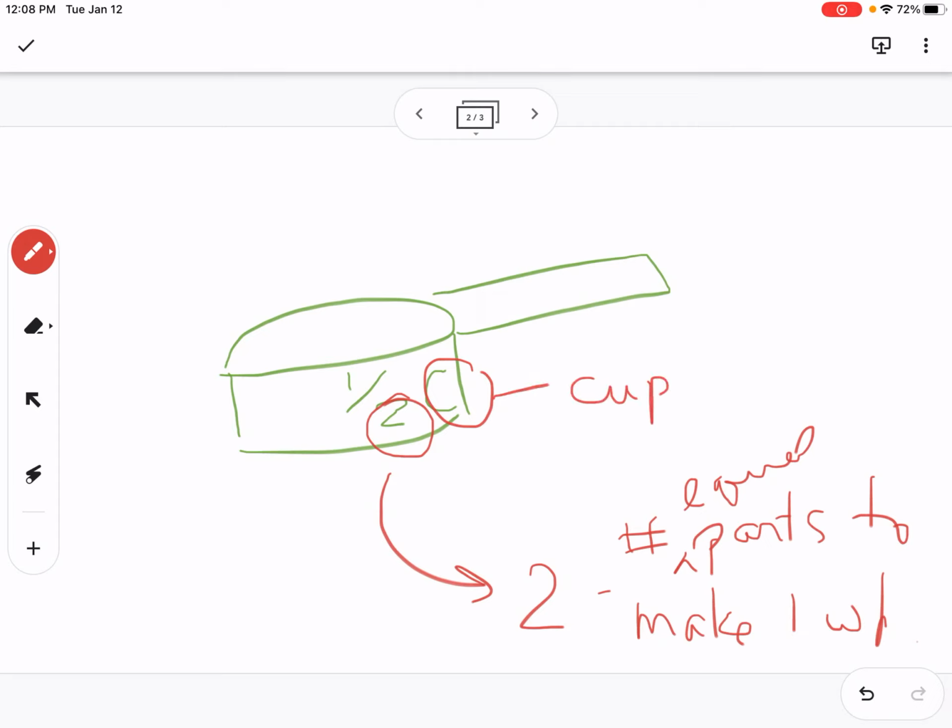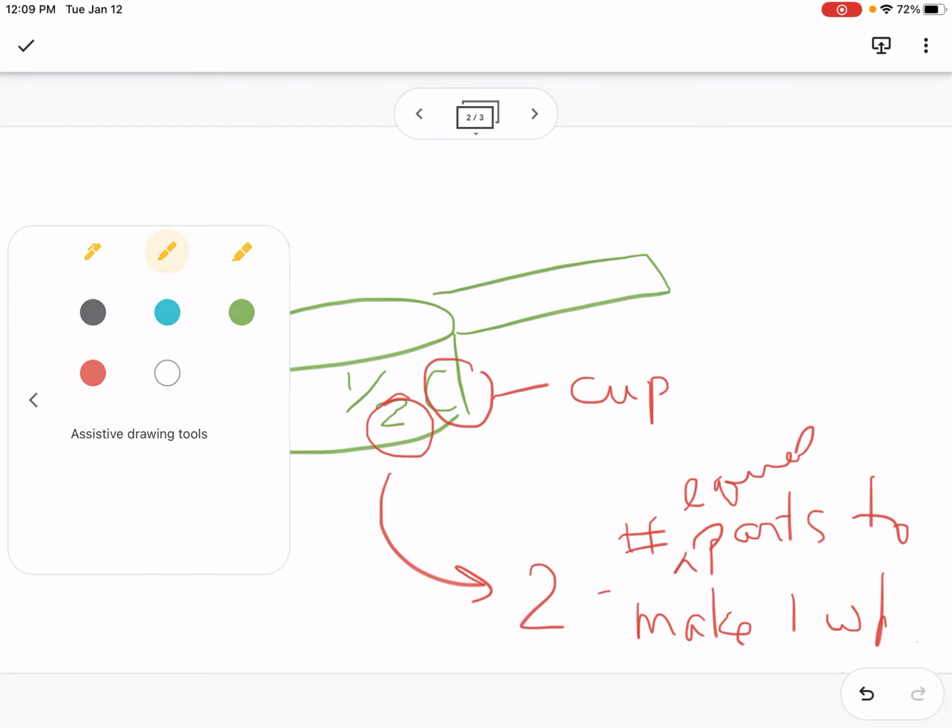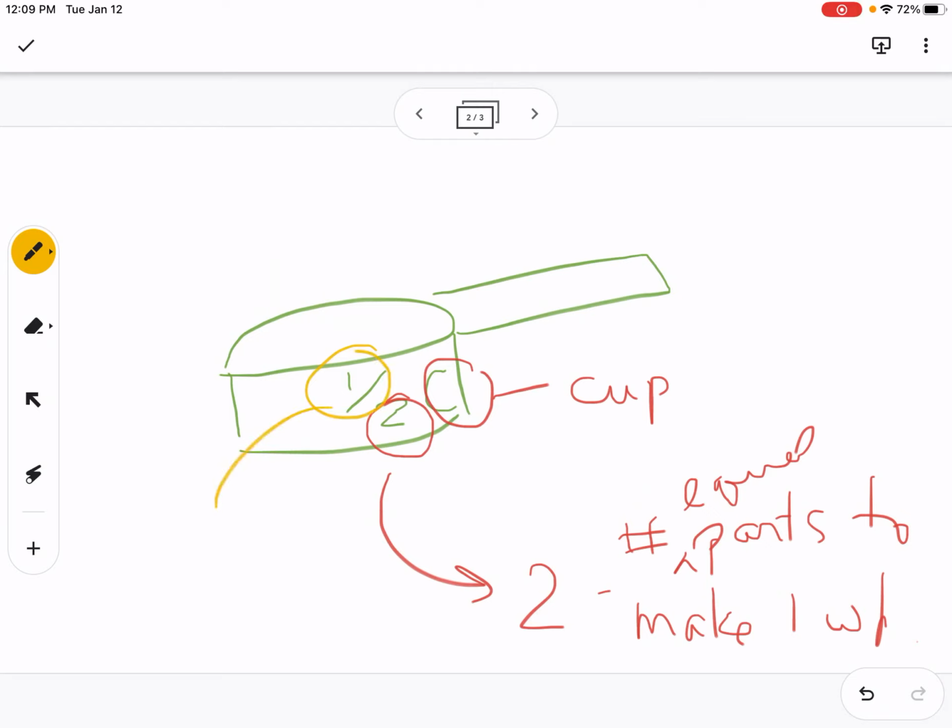Okay, so this is not half an inch. It's not half a teaspoon. It's not half a pizza. It's not half a chocolate bar. It's 1/2 of a cup. So the 2 is telling me that it takes 2 of these to make 1 cup. What does the top number tell me? Well, the top number is a 1. So what that tells me is that this is 1 part of the 2 parts that it takes to make